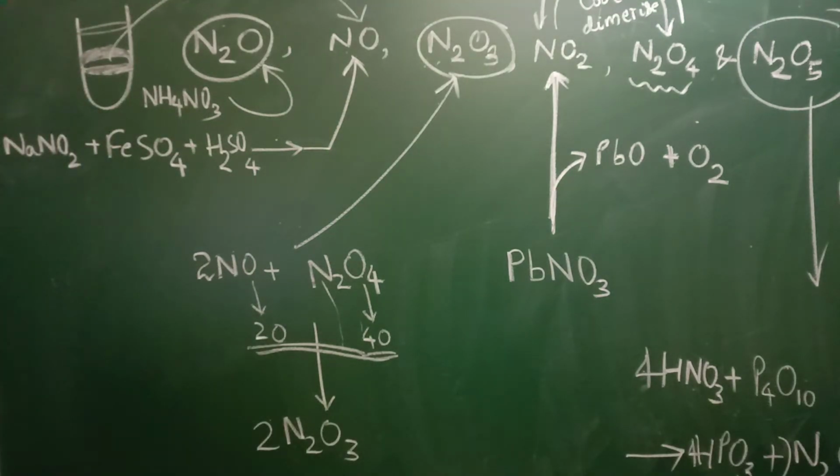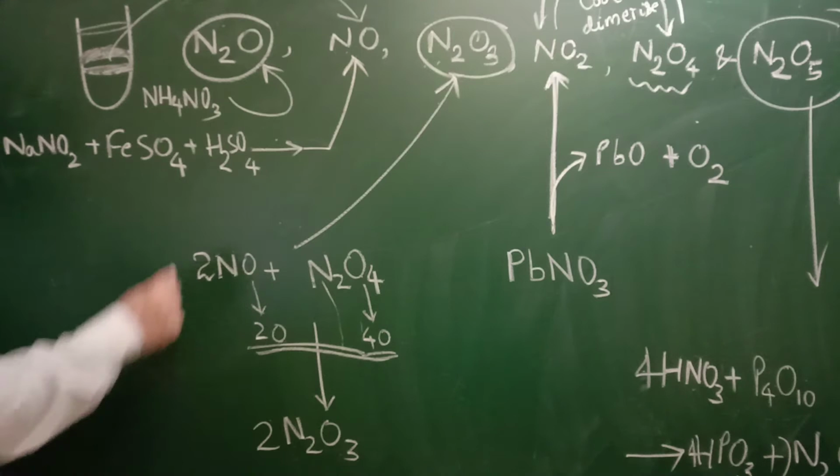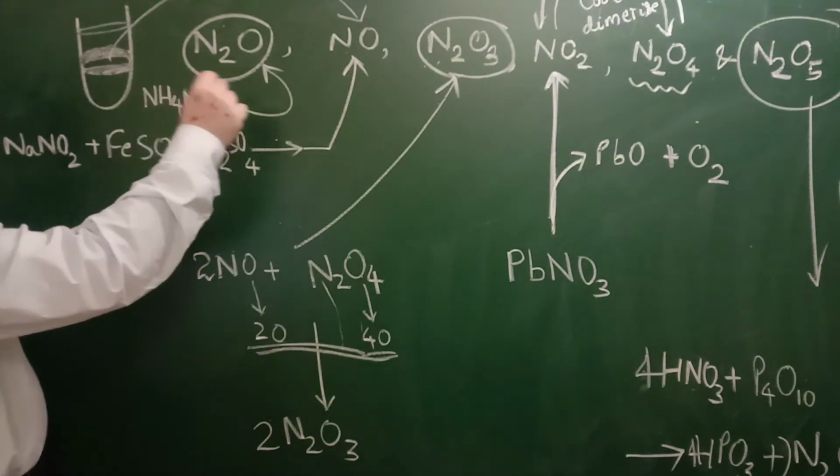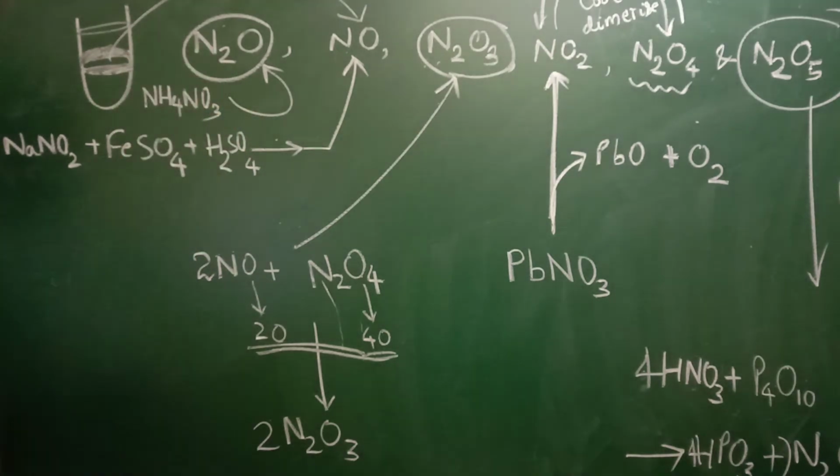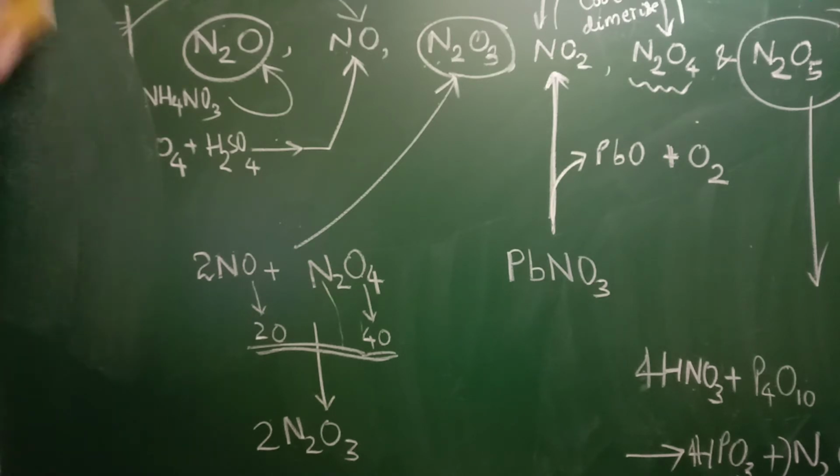There is another way of naming it. We can name it by writing nitrogen oxide and then we can write the valency of each of these nitrogen atoms. Okay, so each of these we will see now. So let us chart down the balanced chemical reactions involved now. We have the basic understanding of preparation of oxides of nitrogen. Now we will chart it out.